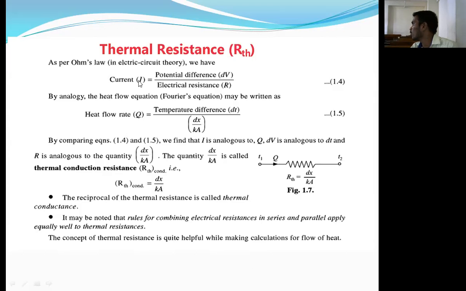Current is analogous to what? Heat transfer. Okay, potential difference is analogous to what? Temperature difference. Okay, so from these two equations we easily understood that if electric resistance opposes the current, then